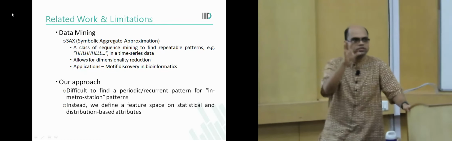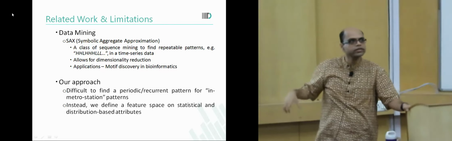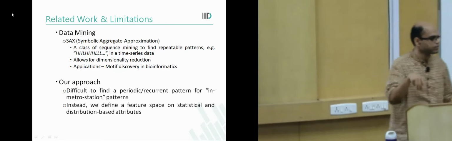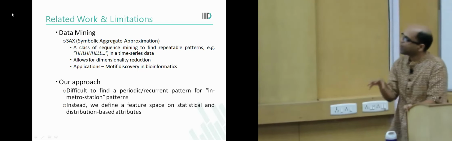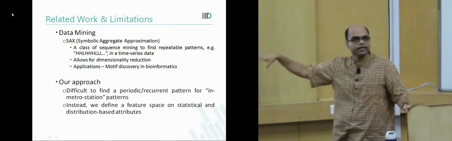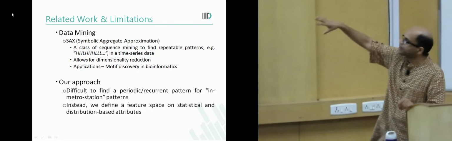This reduces your dimension, and then you can leverage all the data mining techniques that find patterns. Once the data is labeled, it will find the patterns among the data for each of your activities, and that's your solution. But when we applied this, we saw ourselves that